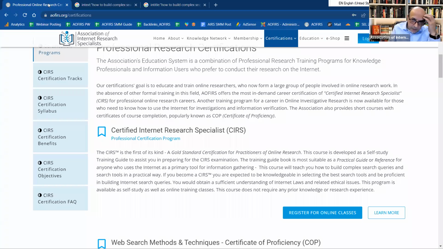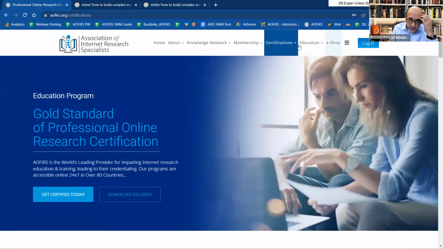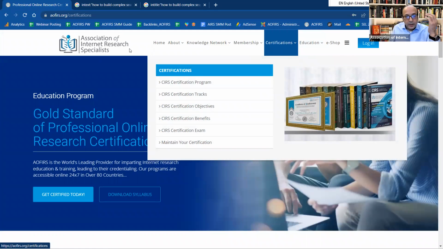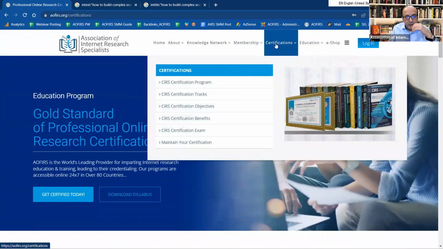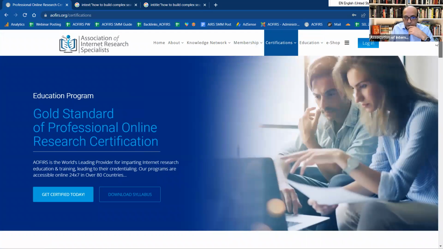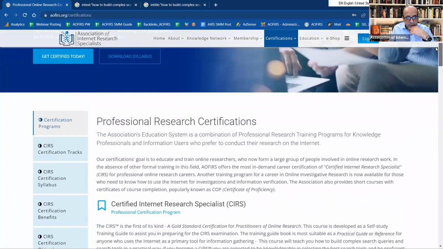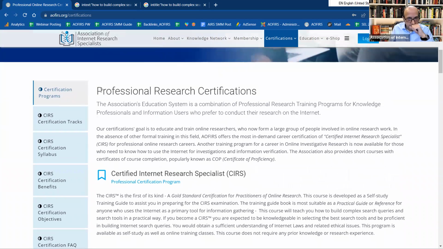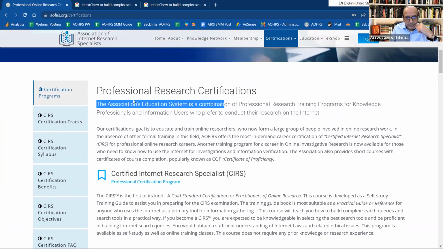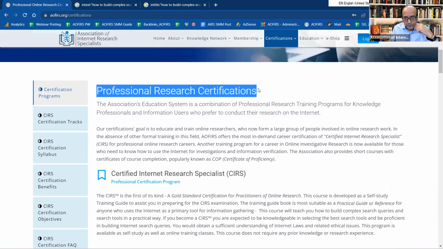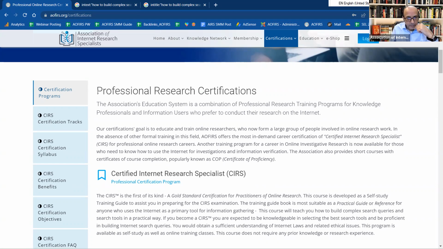So let's say I want to look for a page which I randomly picked, and I navigated to the AOFIRS domain and clicked on the certification. Just the page itself. You can see that it has captions. For practical reasons, I'm going to show you what is embedded or what is considered